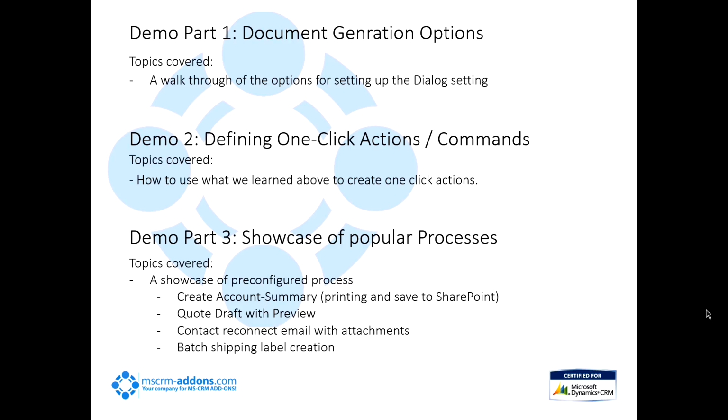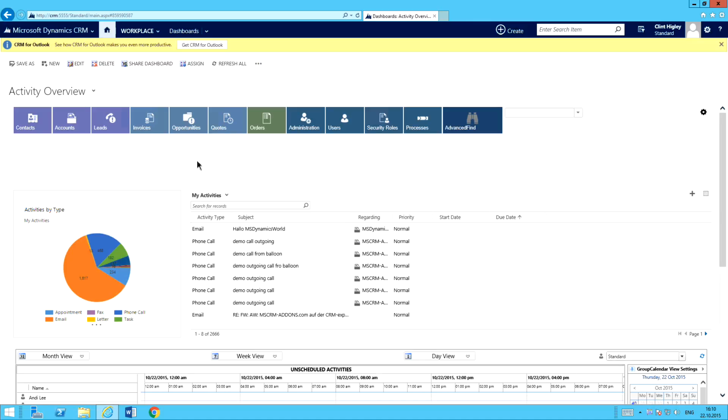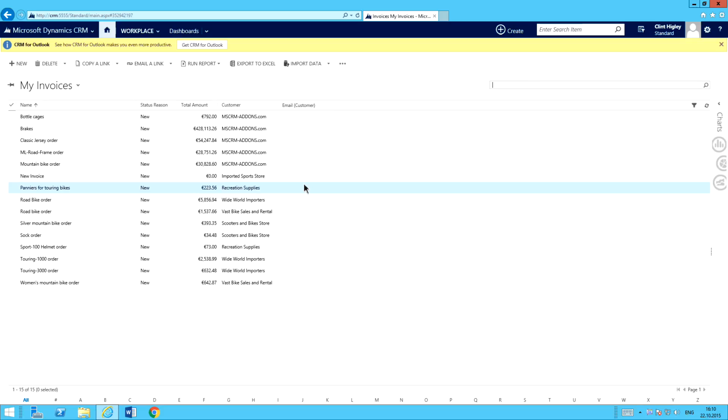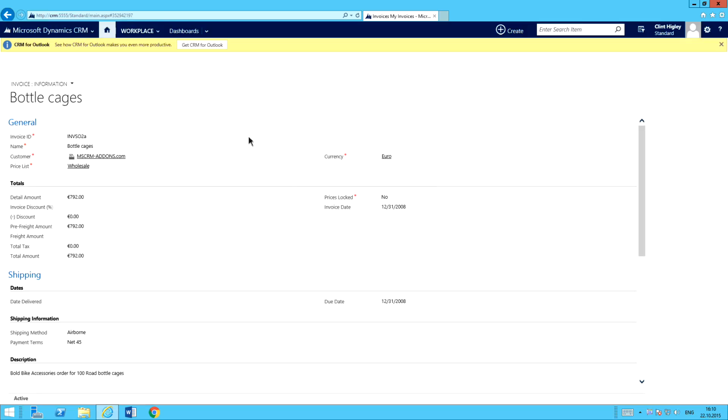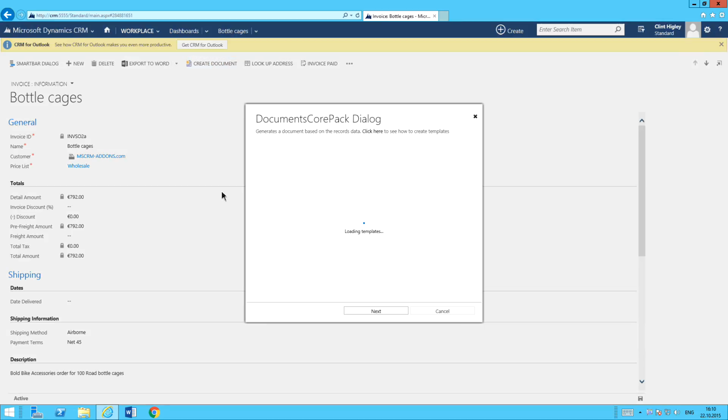So I'm going to go ahead and flip on over here to the demo system, and go right into my invoices. So basically the scenario here is, let's say I have some invoices and I want to set this up to email this particular invoice to my customer. I want to set this up as a PDF and also have a nice template there for my email that I'm going to include. So what I'll do is start off here by hitting the Create Document button,